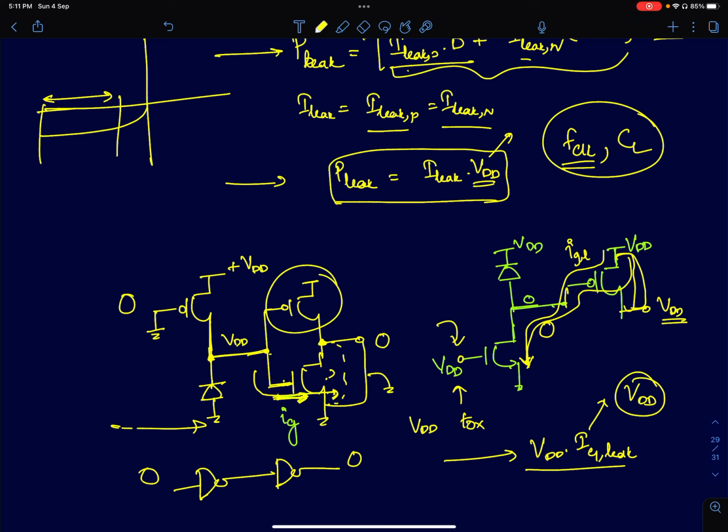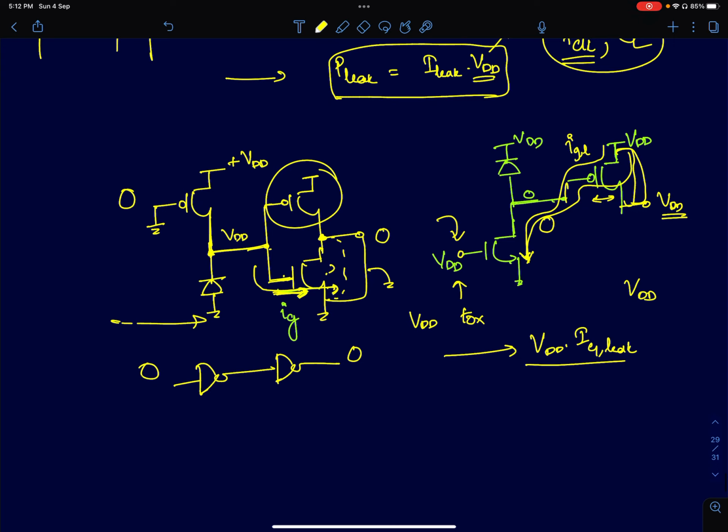It also depends upon the thickness of the gate. If the thickness is smaller, the gate leakage will be quite high. So that's the point about leakage currents and leakage dissipation in a CMOS inverter. The two sources: you have a diode leakage, which doesn't depend much upon the VDD, but gate leakage has a strong dependence on the gate to source voltage, which happens to be the VDD